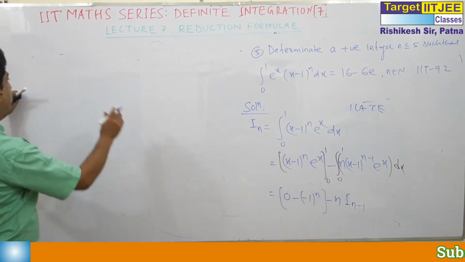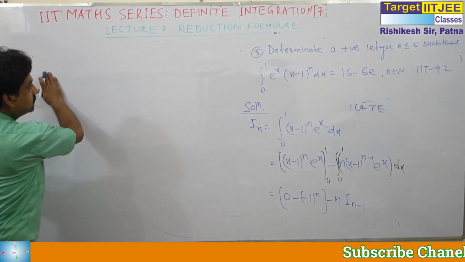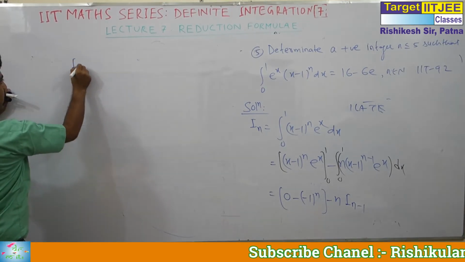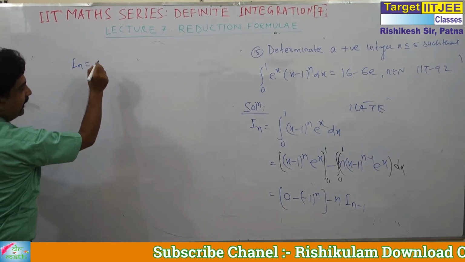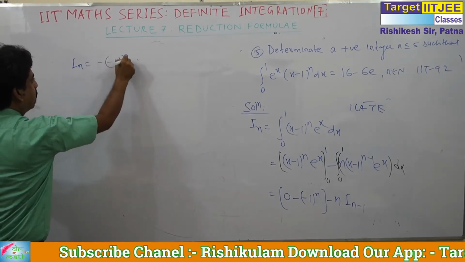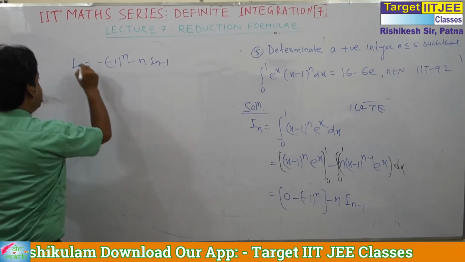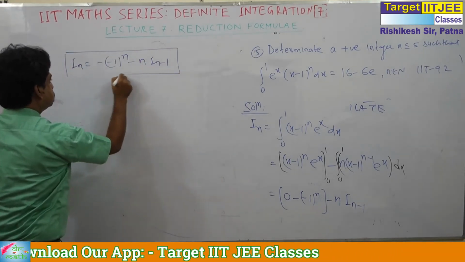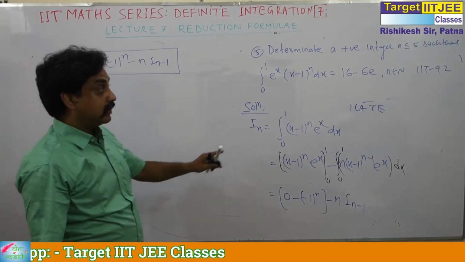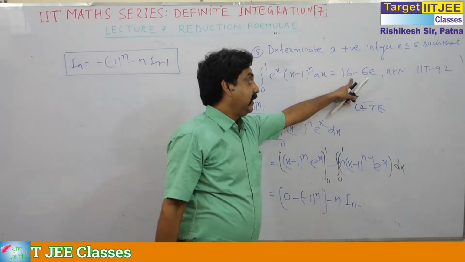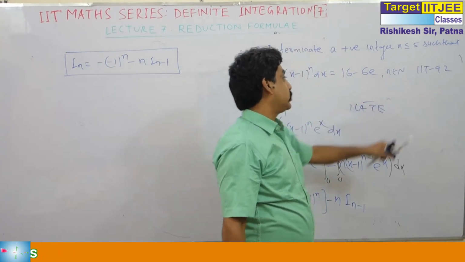So what is the reduction formula? Let me write again: I n is equal to minus 1 to the power n minus n I n minus 1. Actually this is the reduction formula. Now we have to find the value of n, and since n belongs to natural numbers,